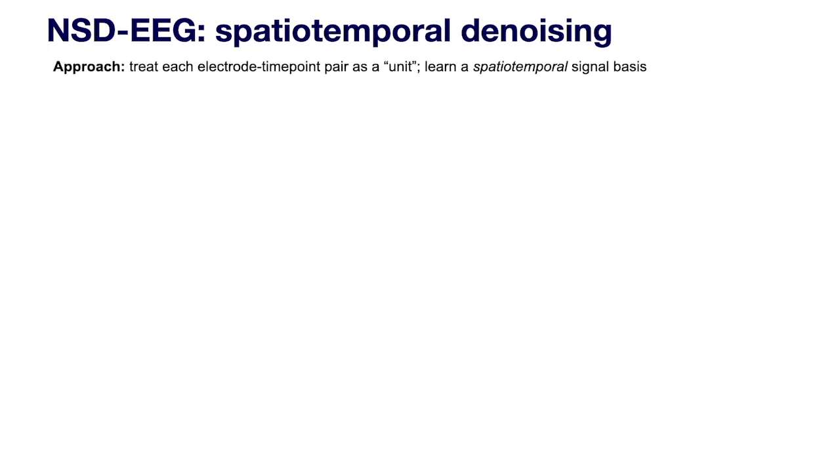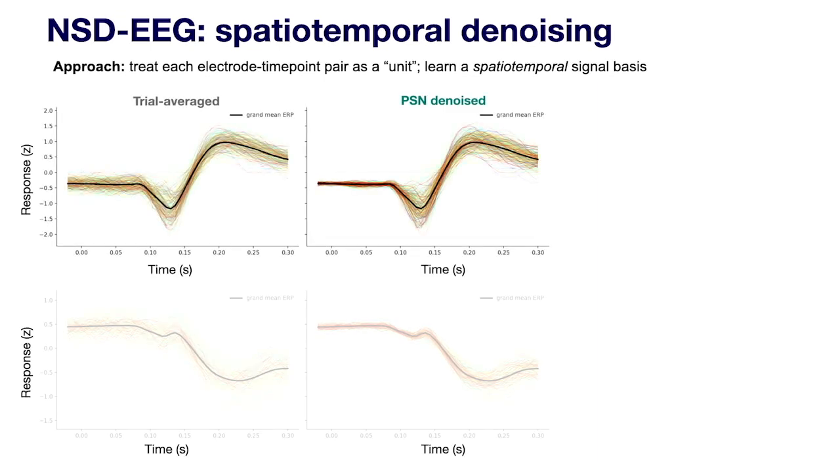Okay, let's shift gears to look at data from a forthcoming massive data set of EEG responses to NSD stimuli. And now our approach changes slightly, and we're going to treat each electrode time point pair as a unit. So now we're learning a spatiotemporal basis for denoising. And I'm just going to show you two electrodes, comparing raw trial average measurements on the left and denoised measurements